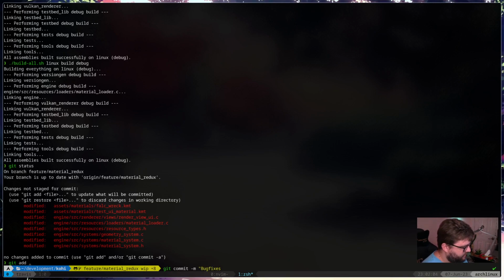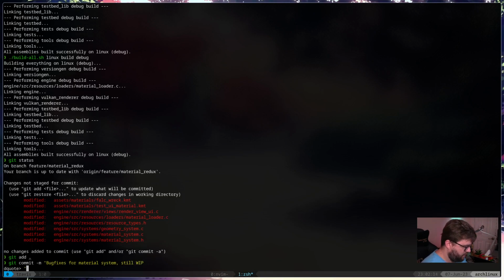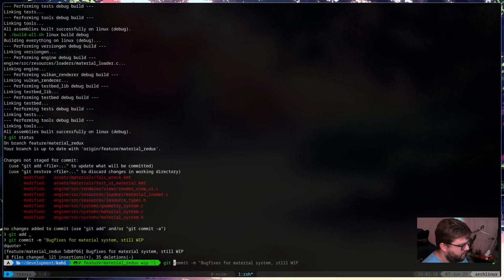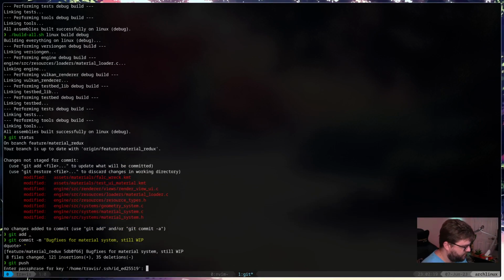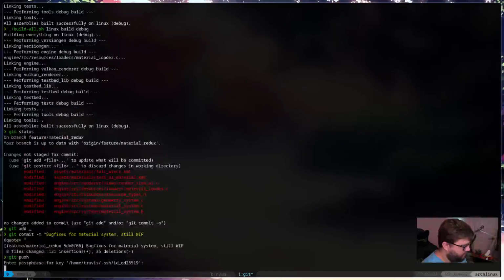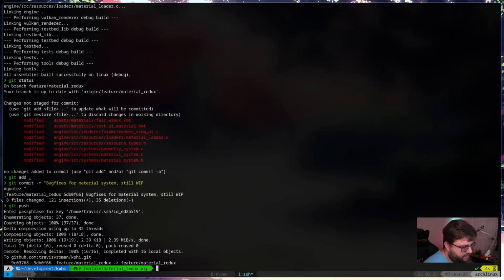Bug fixes to for material system, still work in progress. All right, and I'll push these up to the repo so that you guys can have the most up-to-date logic there. If you guys want to play around with it, it's in the feature material Redux branch.